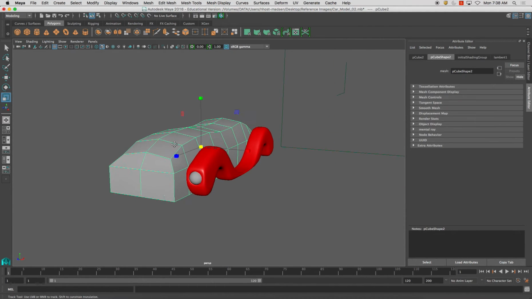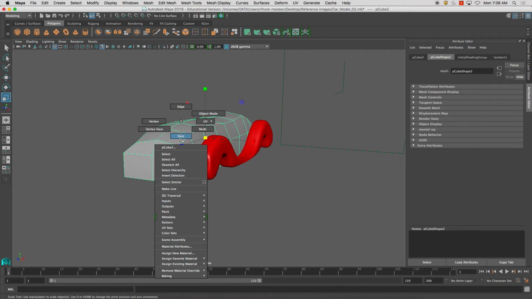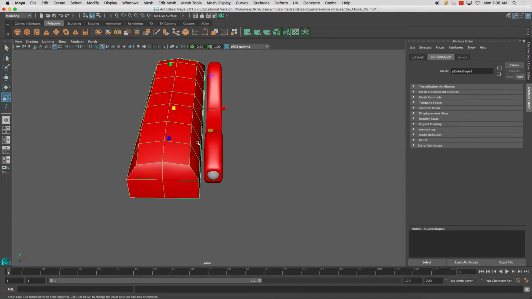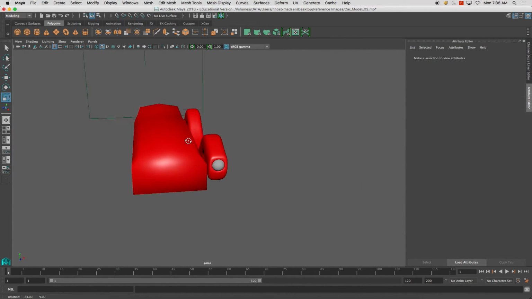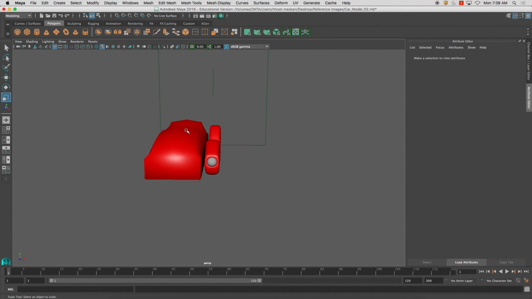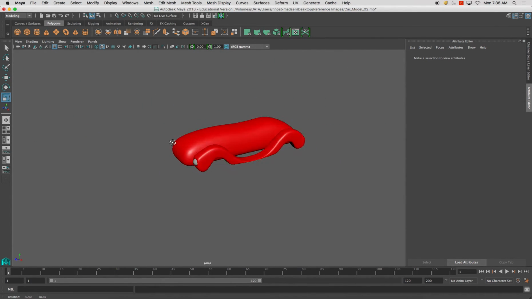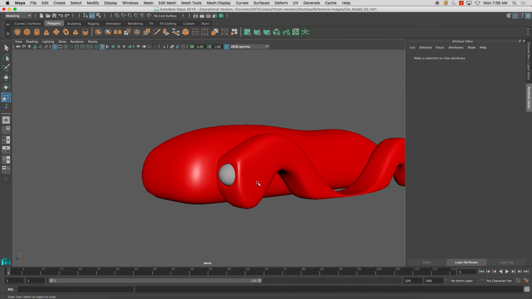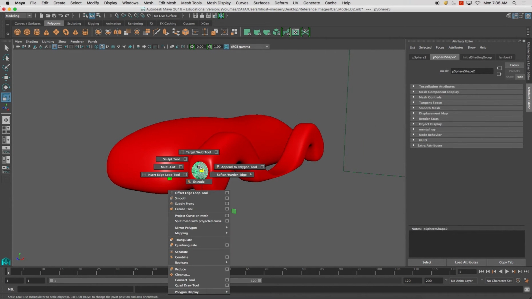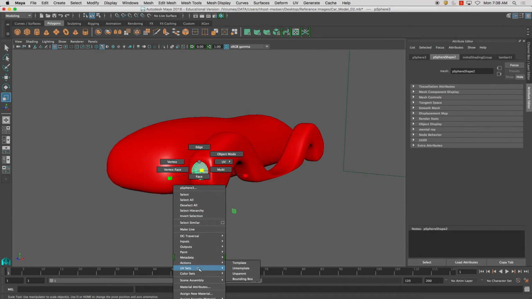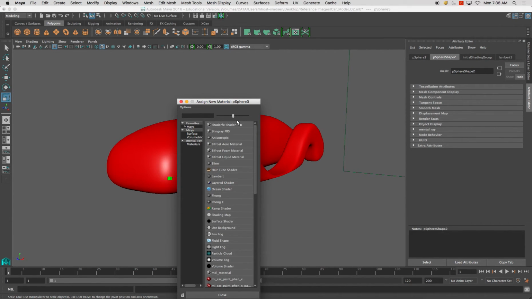I can do the same thing on this part. Hold right click, assign existing material, blend, and now I've got the start of this red car. I can hold shift and right click and go to soften edge, and you'll notice it starts to look a little bit softer. And this is where we're up to right now. I'll show you one more trick. I'll click on this sphere, hold right click, and assign one more new material,